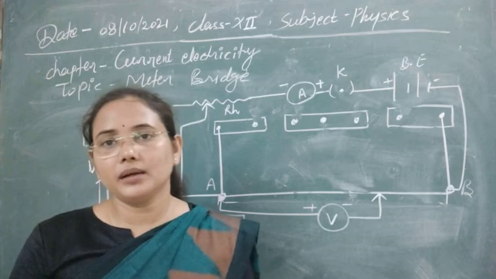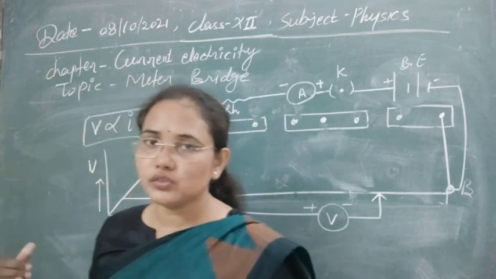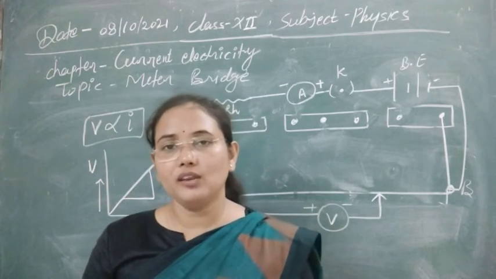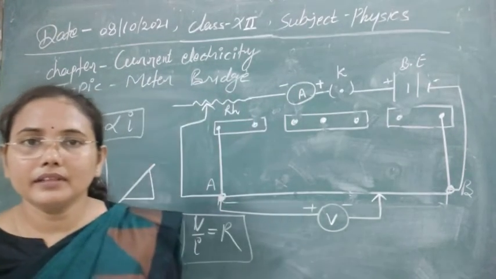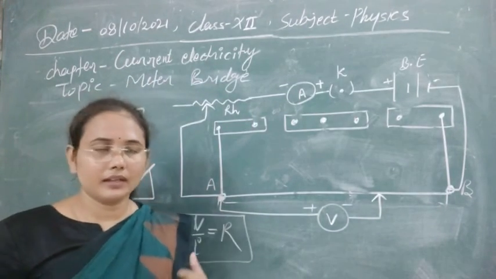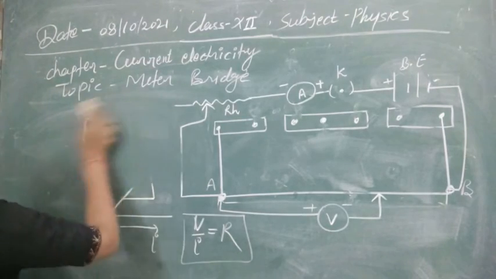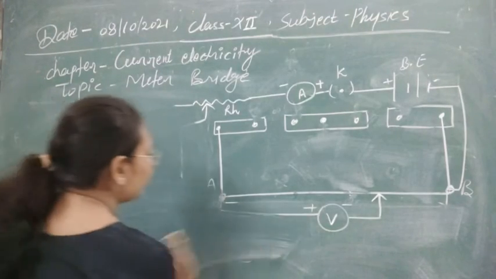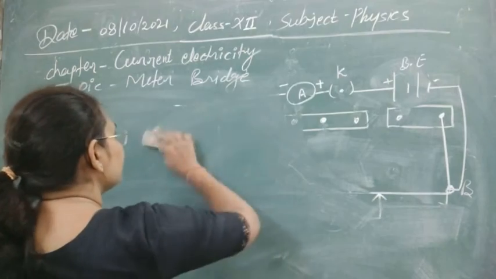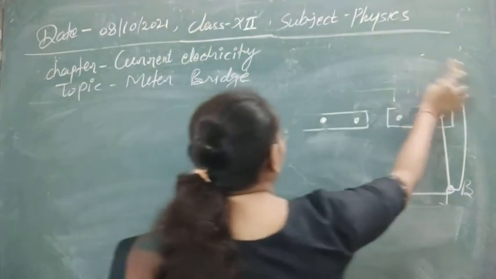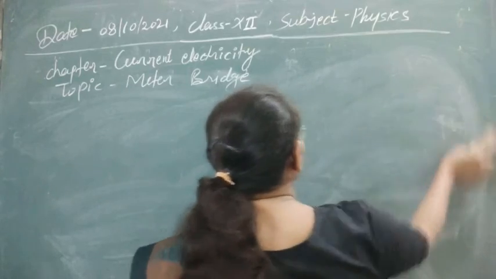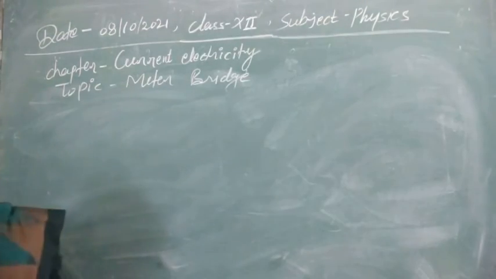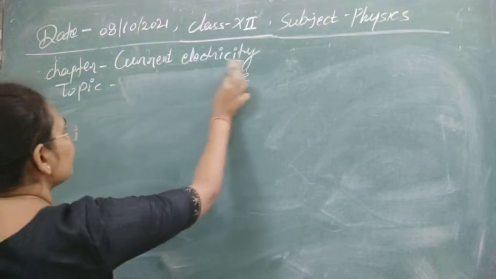Also you can use the Wheatstone bridge method, or you can use Ohm's law method to find the value of an unknown resistance from here. So after this, students, the next topic that we have to discuss in current electricity is the cell. So let's see what a cell is, how we can combine cells, and how we can find the internal resistance of the cell. So the next topic is now